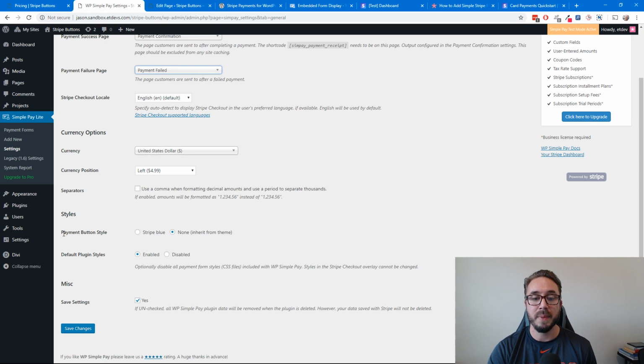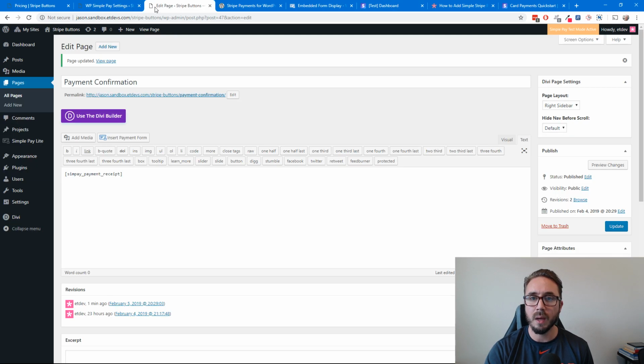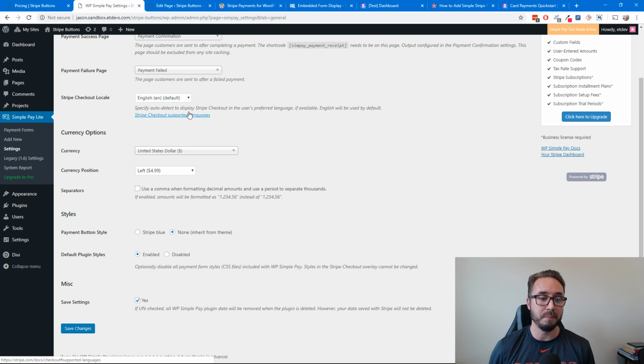And then the styles of the payment button itself. By default, it will look like it does with Stripe, that blue button, the classic Stripe blue button. But if you select the option none here under the payment button style, this is where I am right here, this will inherit the button style from your actual theme, which